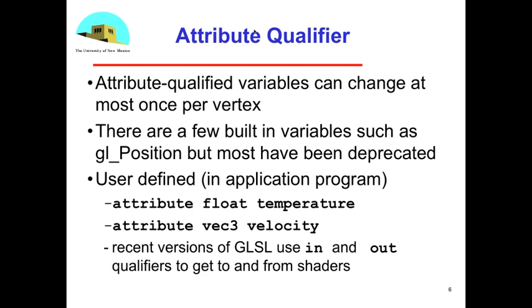You can have multi-dimensional attributes. So for example, if you're doing some sort of fluid flow problem and at each vertex there's going to be a velocity, a magnitude and a direction of the flow, that might be an attribute that's set inside of the application, and now it's a vec3 because it has an x, y, z component, and we send it off to the shader as an attribute, or it's referred to as an attribute qualified